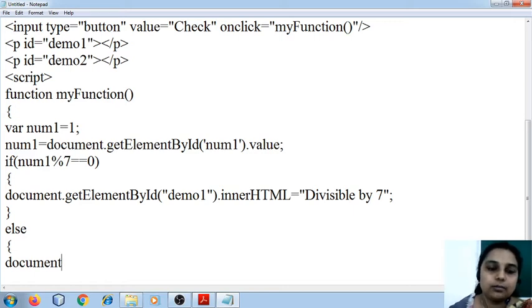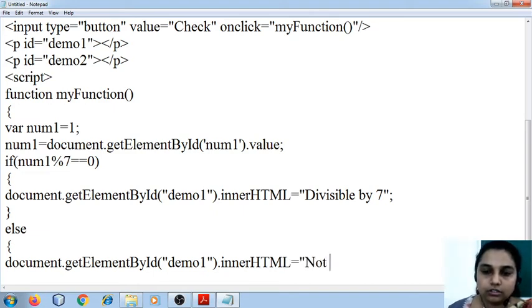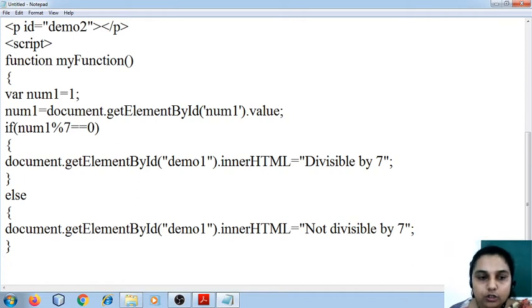So if it is not divisible by 7, I'm going to write document dot getElementById, demo1 again, then dot innerHTML equal to "not divisible by 7." Right, that is not going to be divisible by 7. So this is for checking the divisibility by 7.